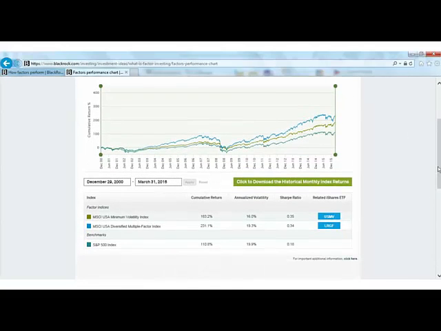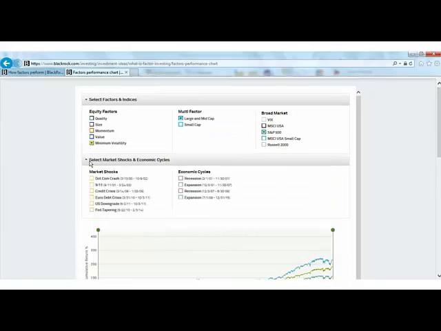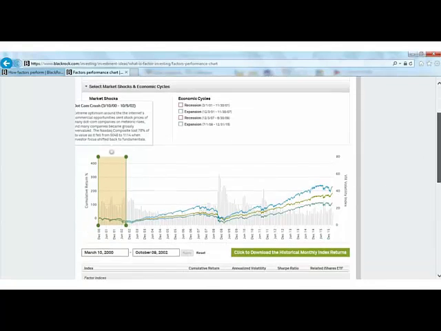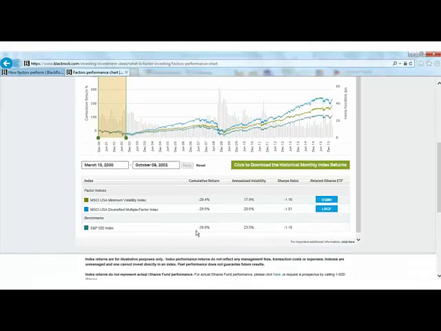Now we're going to be loading a demo here. So what you can see is the factor performance chart. And across the top, you have an opportunity to select any number of factor indices. At this point, we're looking at U.S. exposures. At some point in the future, we'll likely include international as well. Now you can select benchmarks. The appropriate MSCI benchmark for the index that you select, the parent index, is automatically selected, but the S&P 500 is also a choice.